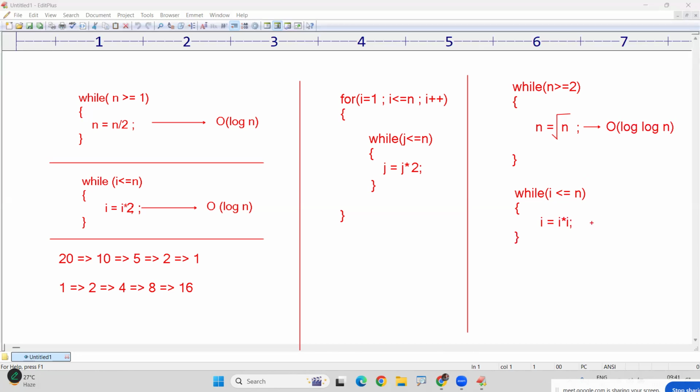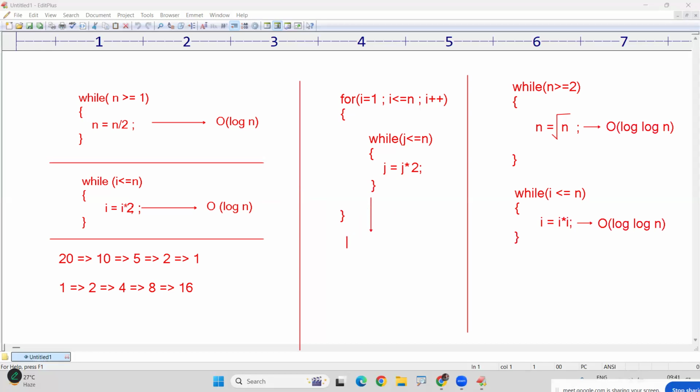So this one is also the same. Every time we square, we get O of log n. Now this one, we apply this first. This is n times and this is log n times. So for this one,